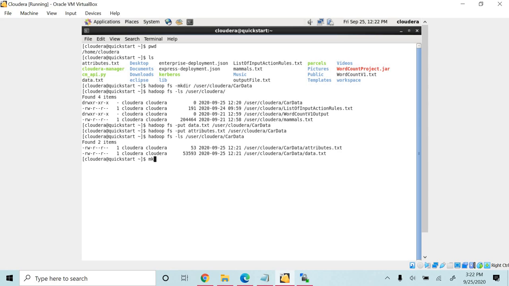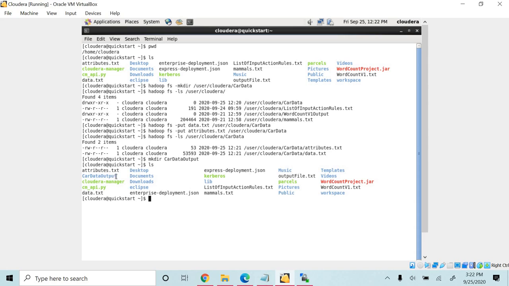Now let's make a directory named car data output to store the output files. So the car data output directory is created and we are going to store the output files in this directory.